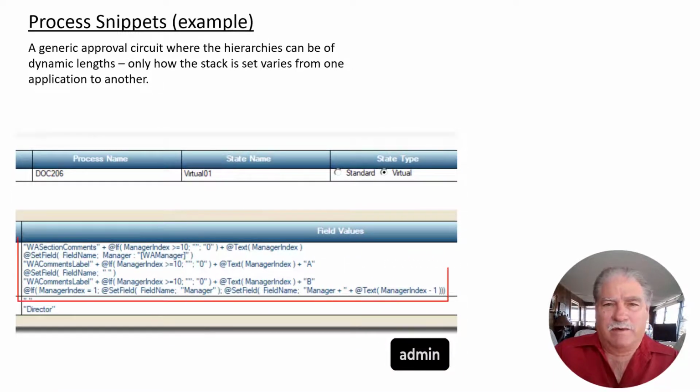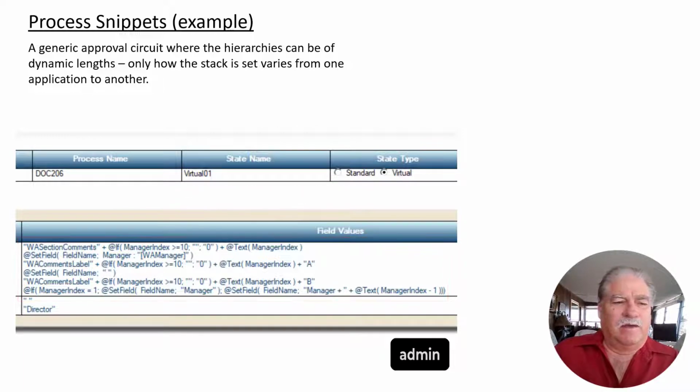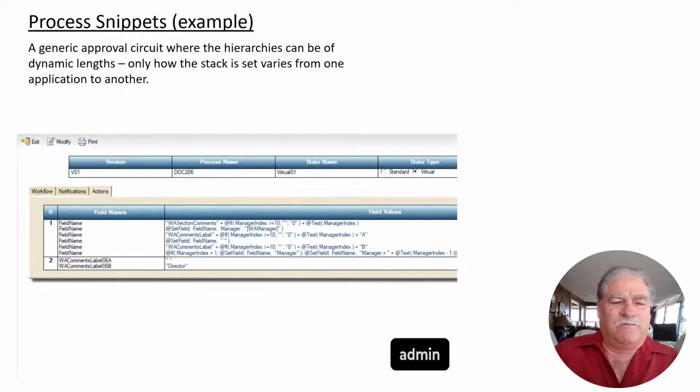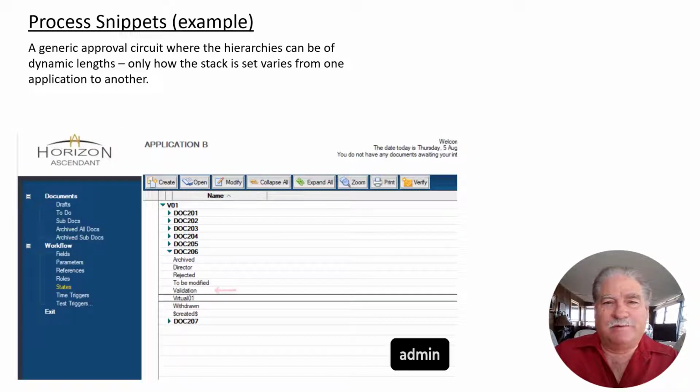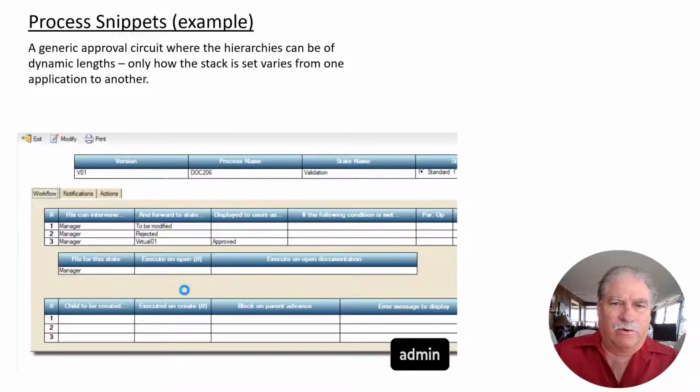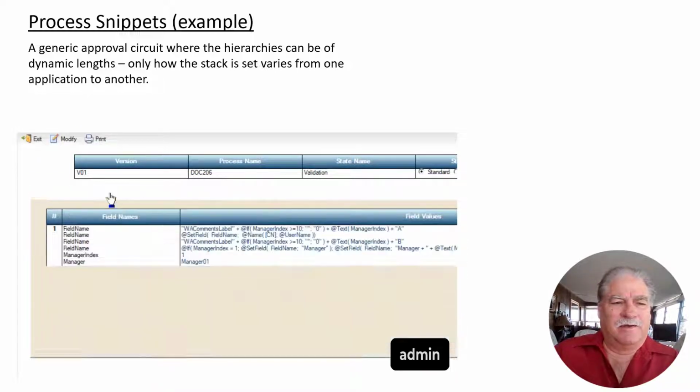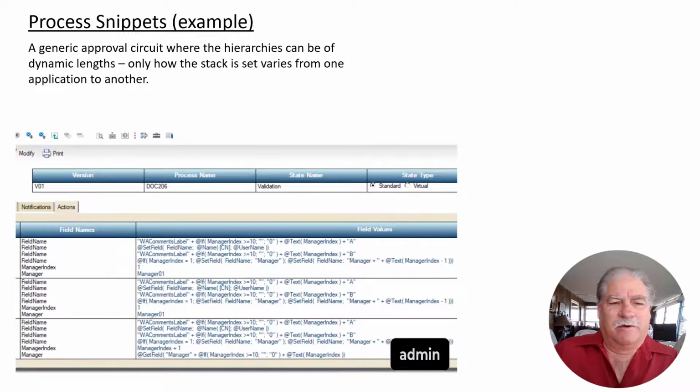So here is where the stack is maintained. Most of these updated fields have to do with the comments field, essentially allocating a specific comment field for each manager, if you will. And lastly here,